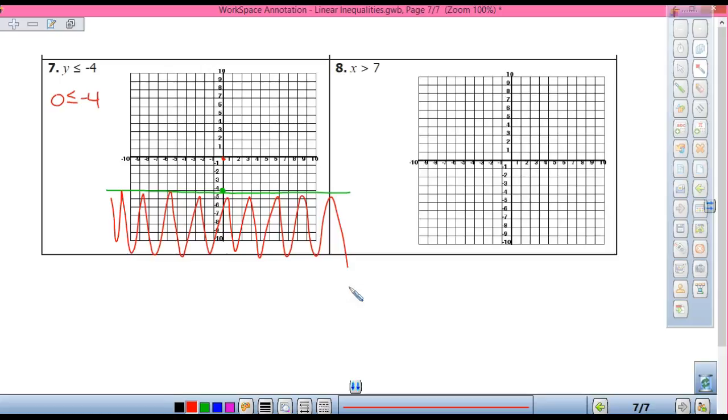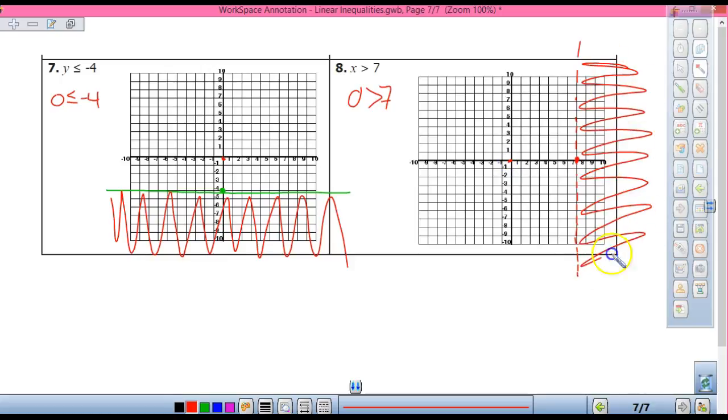Okay, x is greater than 7. Find where x is 7. It's going to be a vertical line, dashed or solid? Dashed. Check 0. Is 0 greater than 7? No. Nope, so he's, no, shade me. Go the other way. I have both